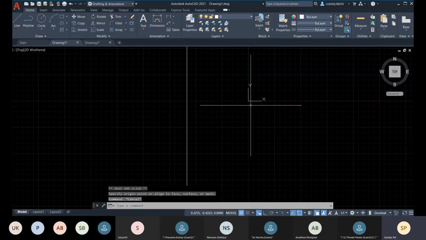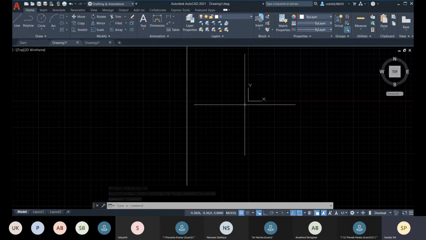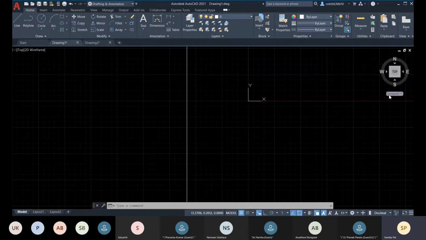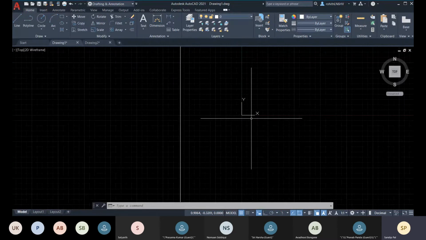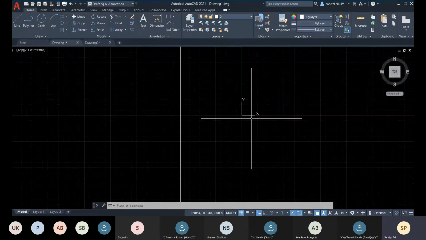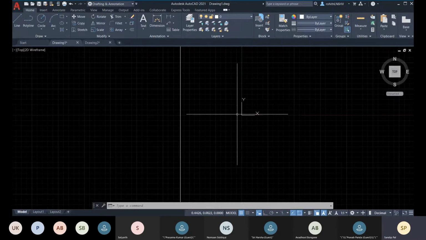And now you cannot see that rectangle at the origin, and here it is no longer mentioned as WCS. Right now it is mentioned as unnamed. So that means right now you are having just UCS, and all the time you are having your UCS, but by default your UCS is aligned with WCS. Okay, so right now as per your placement you are having your UCS.